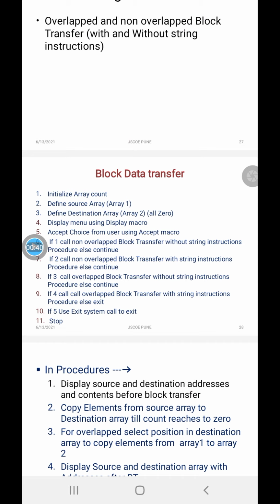For example, consider the memory locations starting from 2000. Suppose there are four memory locations, that is 2000, 2001, 2002 and 2003.